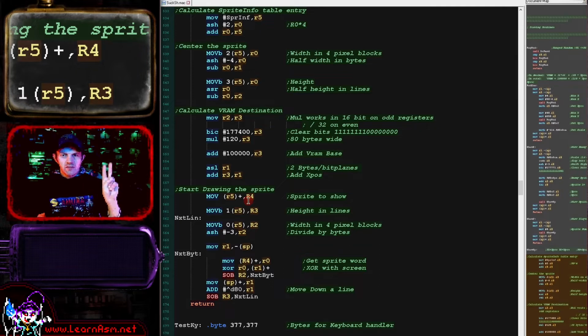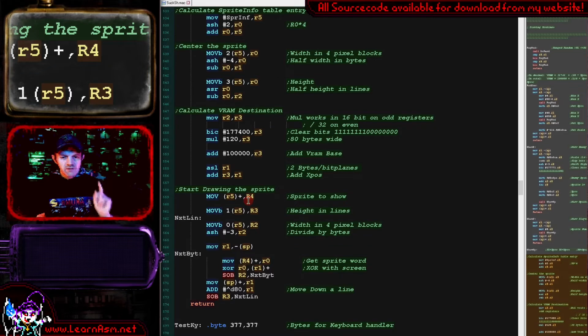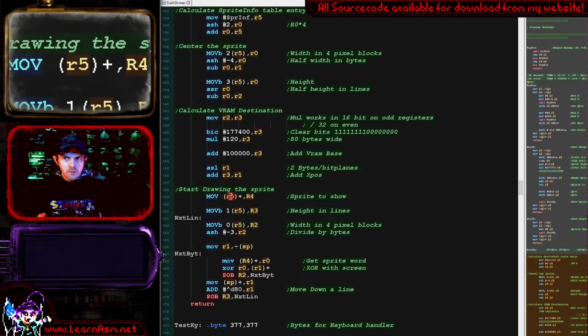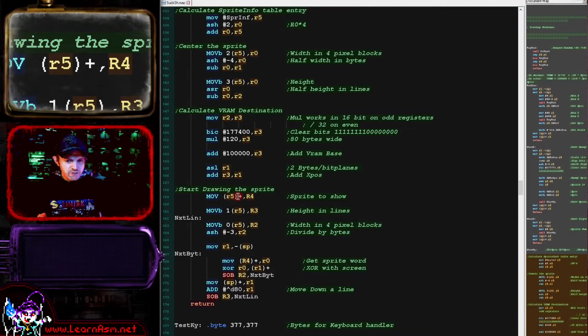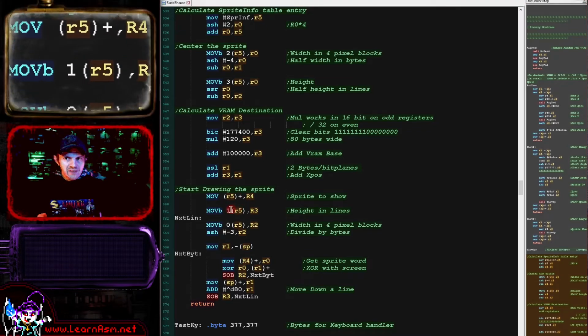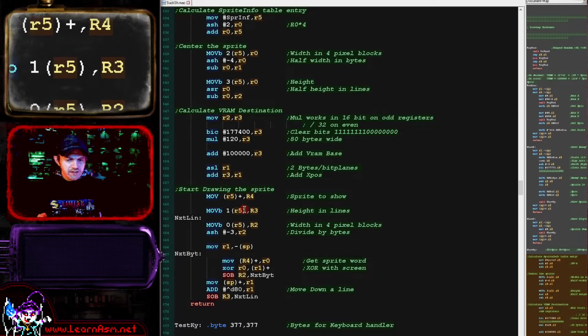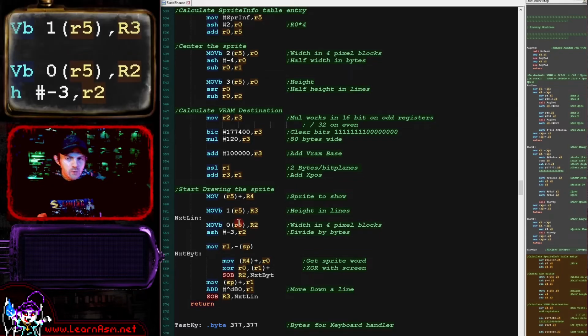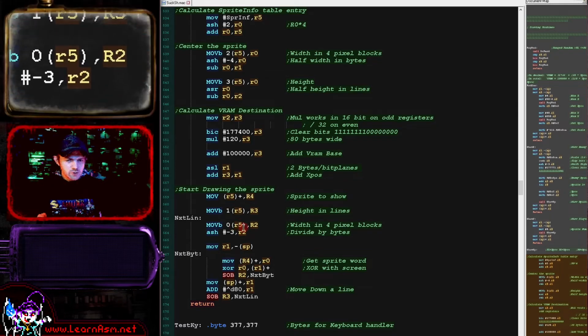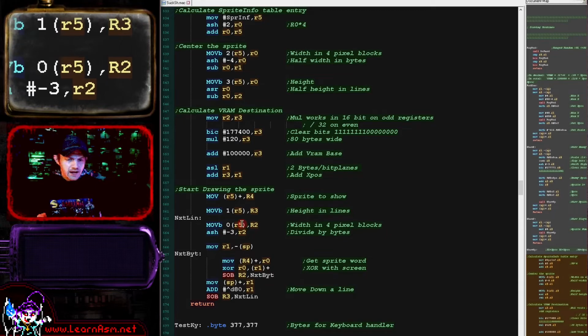The first 2 bytes are the memory address of the sprite data. The next byte is the width of the sprite, and the next byte is the height of the sprite, and so we are reading in the 2 bytes of the source memory address into R4 here. We are then loading in the height of the sprite into R3, and this is for our loop counter. We're then loading in the width of the sprite into R2 for our other loop counter, and we are then